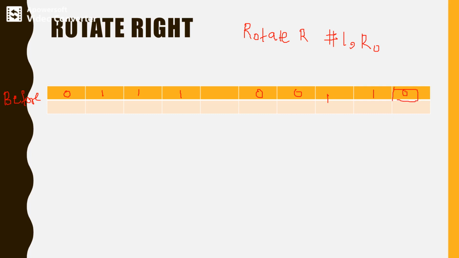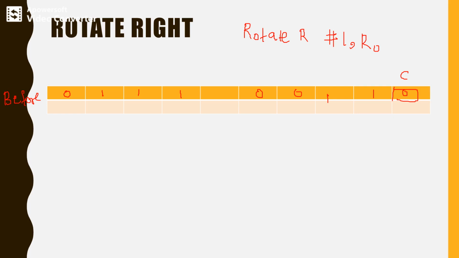We have to perform rotate right once. While performing the rotate operation, internally we are performing a shift operation itself.